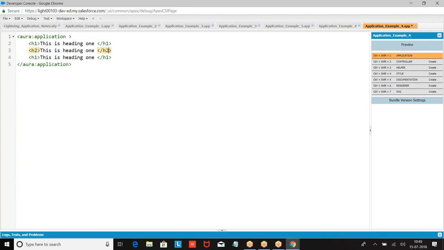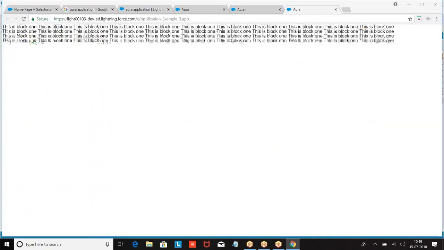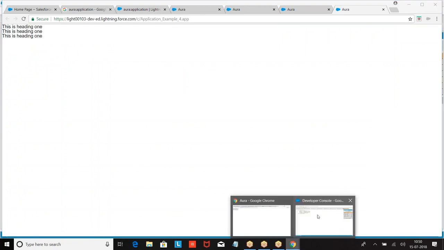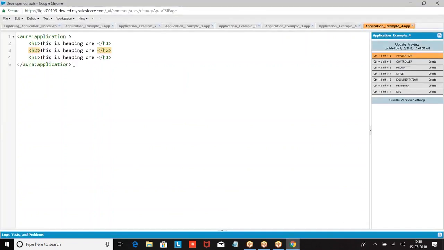H stands for heading. Headings also will start in a new line. So P will start in a new line, div will start in a new line, and headings will also start in a new line. These are the frequently used elements.